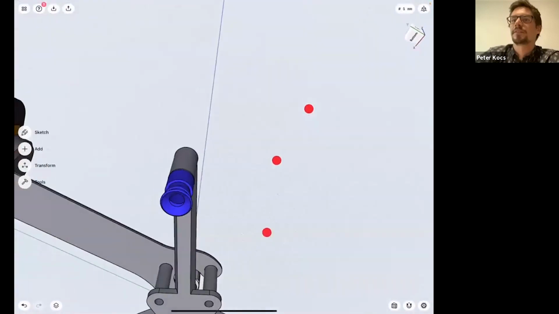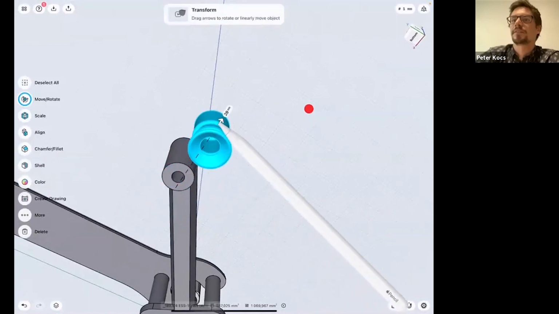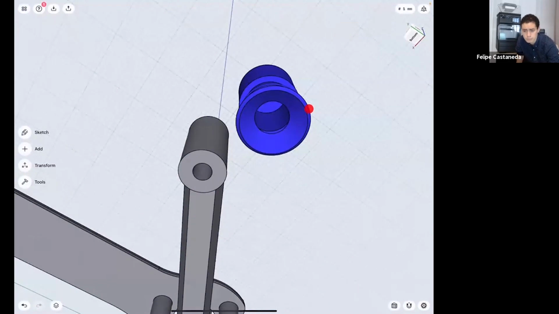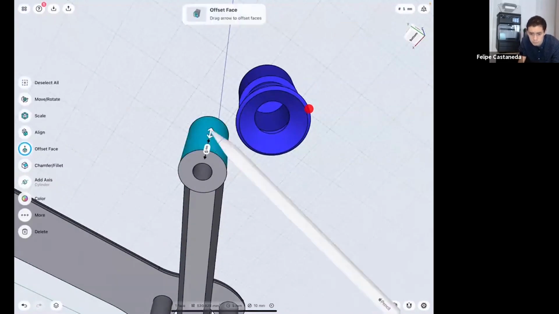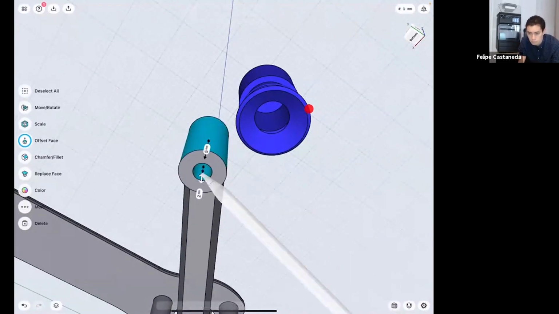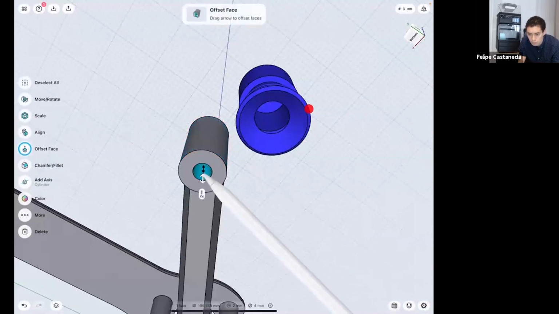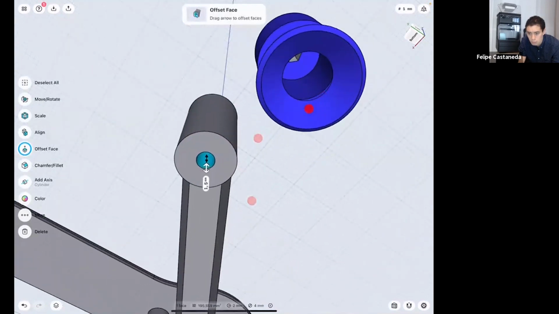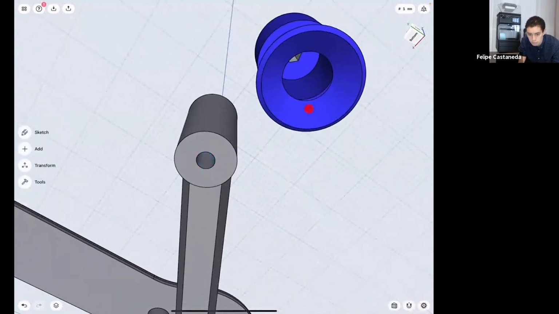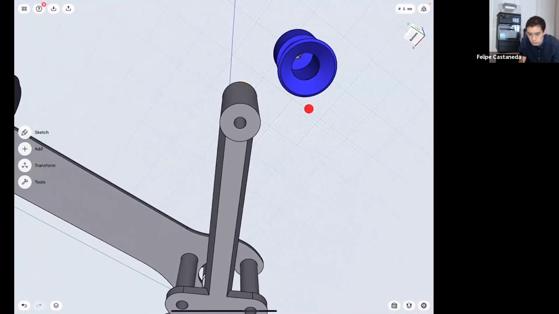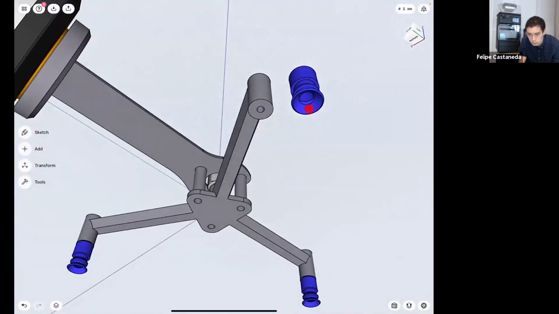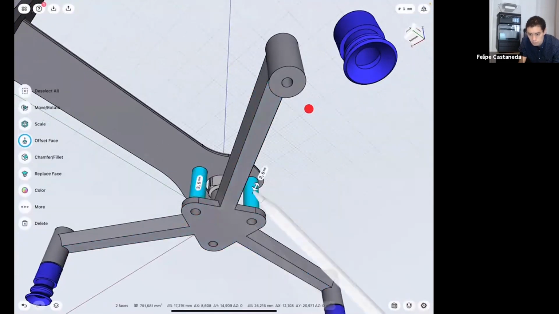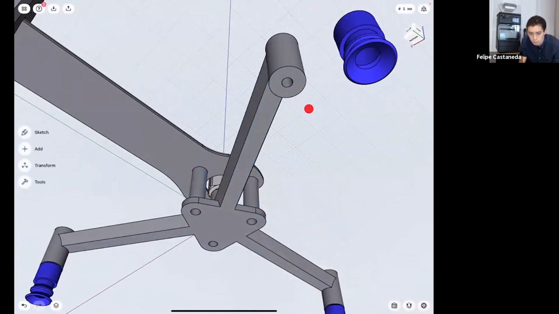because let's say I'm going to move this body away, and I can redimension any circular face by grabbing the perimeter and moving this. So I can make this hole smaller by selecting only that hole and making it, let's say, 1.5 millimeters. To change the whole wall thickness of the gripper is not what I would do in this case, because it is so complex with this face and all the mounting points that it would break the model.